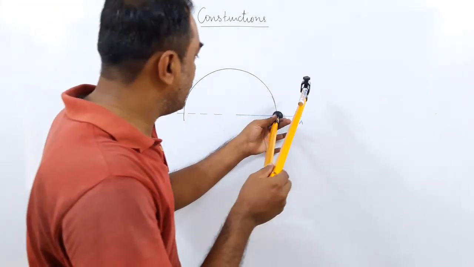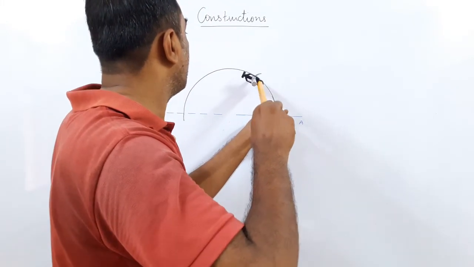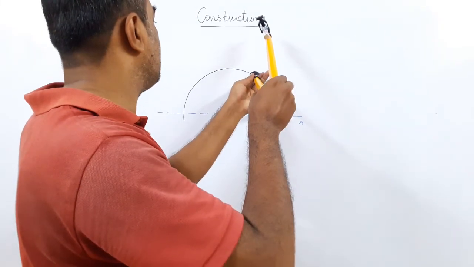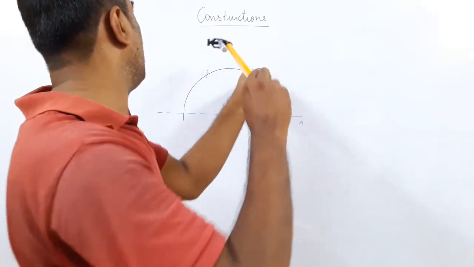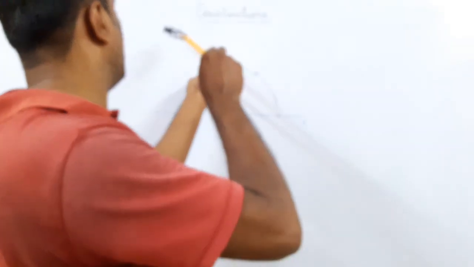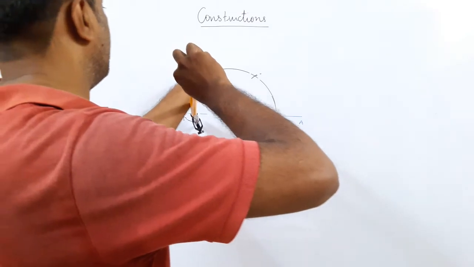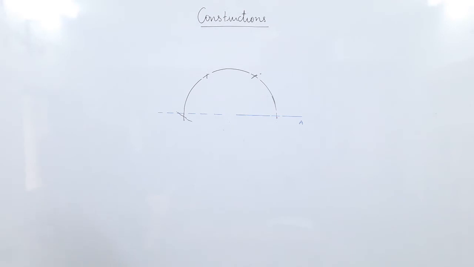Now, when I place this here and the same radius, then this should give me the 60 degree. When I place this as the 60 degree and I go further, I should get this as the 120 degree, and when I place this at the 120 degree and I go further, it is not giving me 180 degree. So it is slightly not correct. This construction is not correct. Maybe the tools are slightly different. On the whiteboard, it is not very easy to draw. But how should I get it?